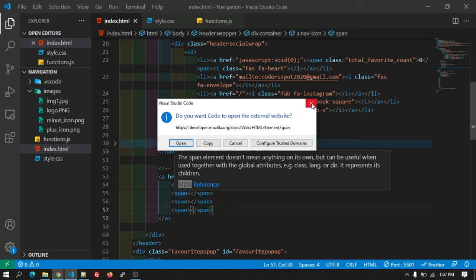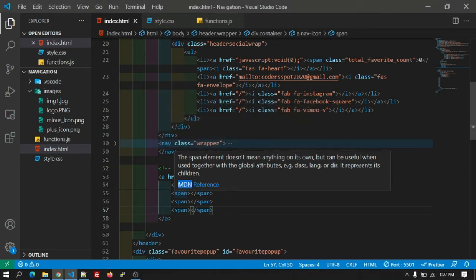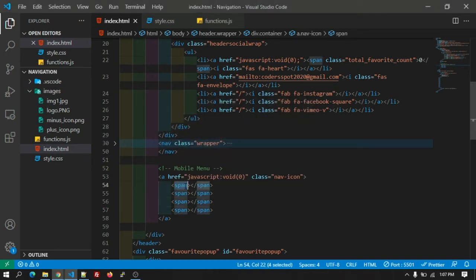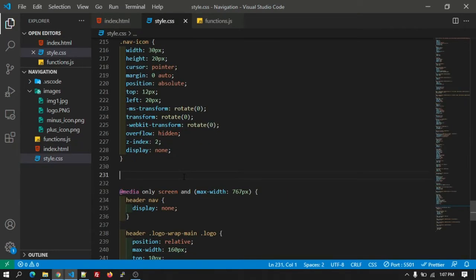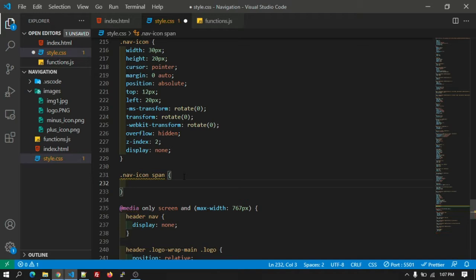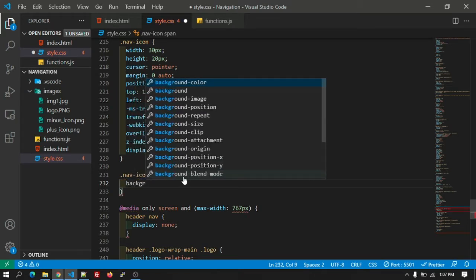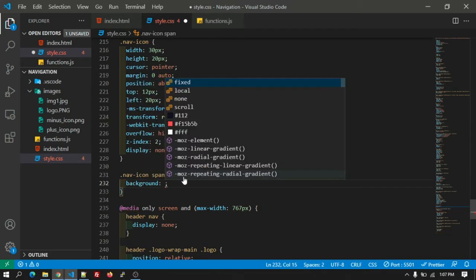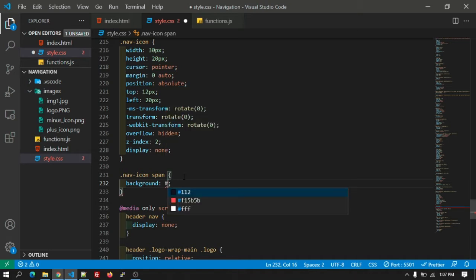So let's add the CSS for the span tag inside the nav icon span, and the background color for that is 424242, none, repeat, scroll, 0 0.